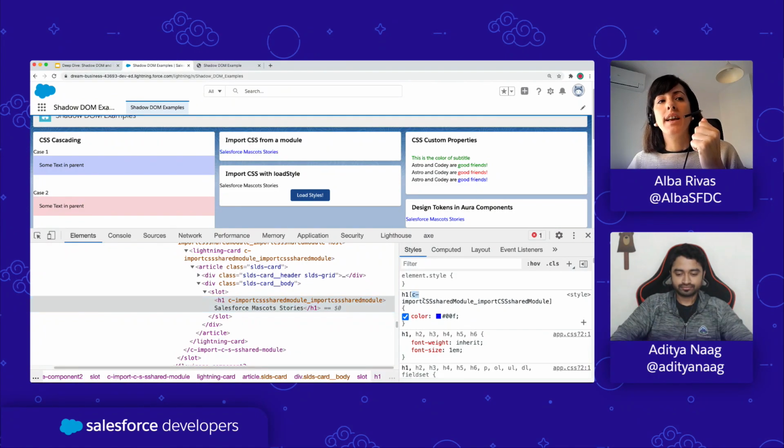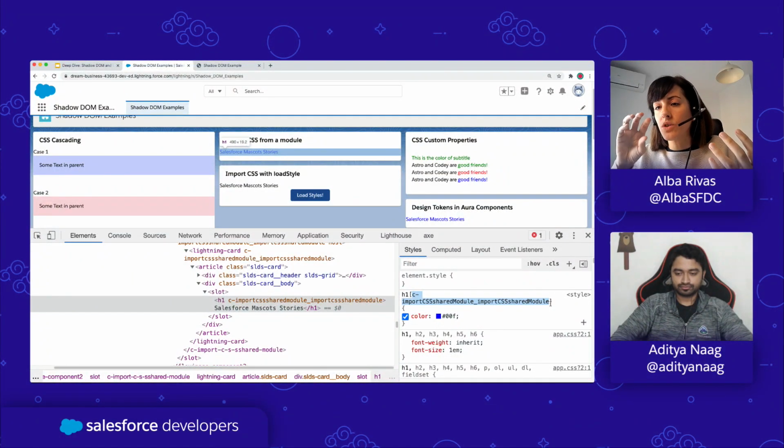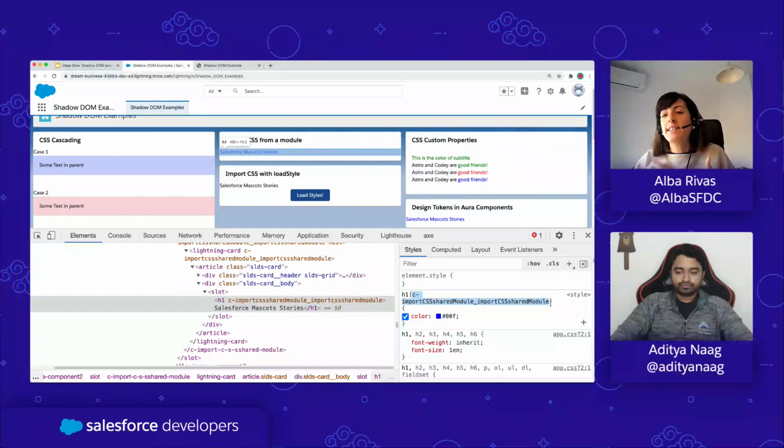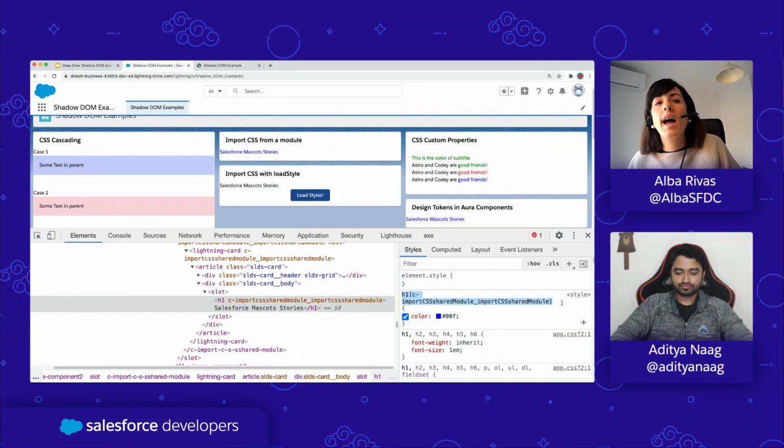But this time, the Lightning Web Components compiler is scoping those styles to our components in the same way that it scopes the CSS styles defined in the CSS file of your component. So it's exactly the same as what Aditya saw before, but this time this is going to happen also for the styles that you import using a CSS module, right? So